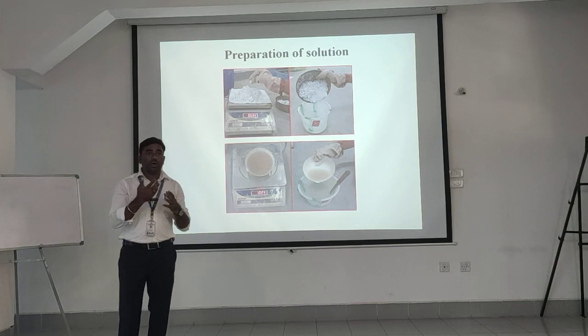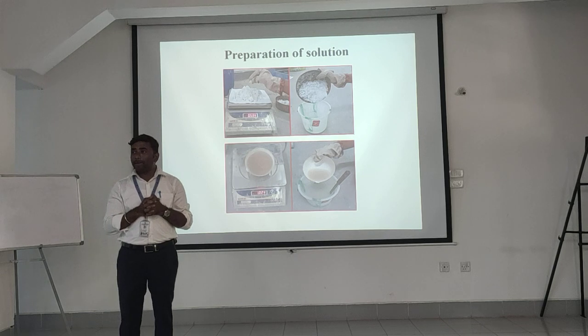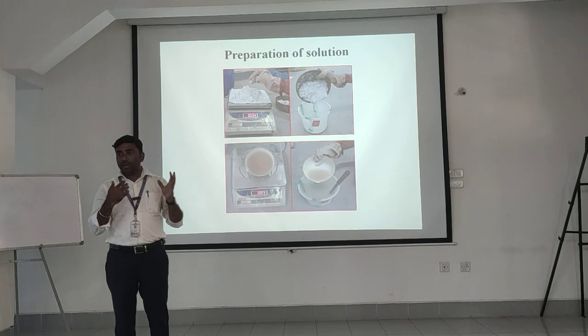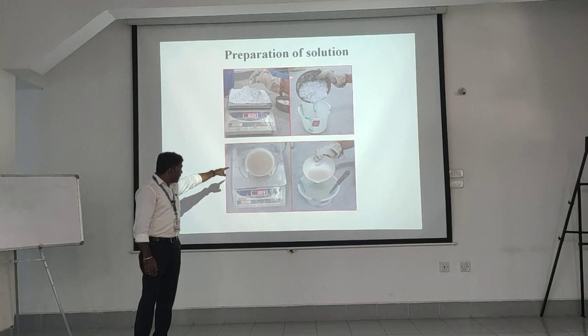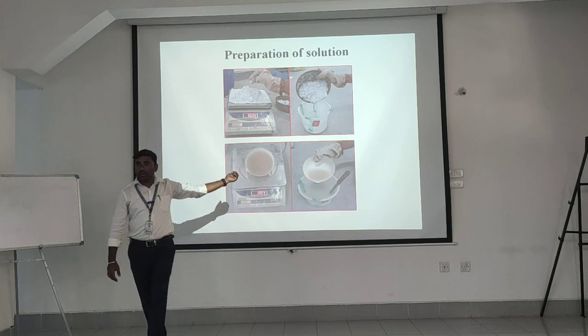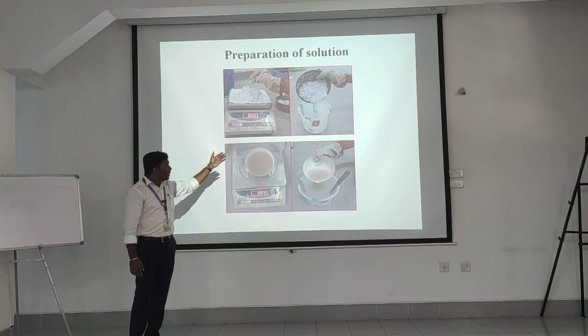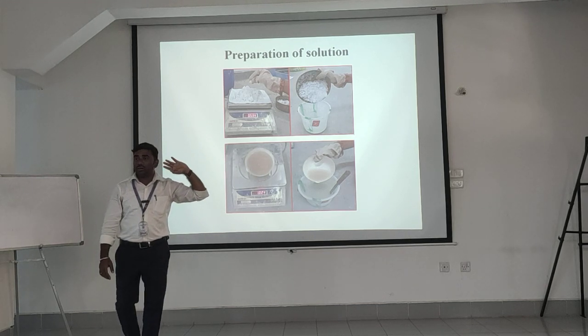Similarly, if I want to convert that to 10 molar, how much NaOH are you going to take? 40 into 10, how much is it? 400. So 400 grams of NaOH pellets in 1 liter of water will produce 10 molar. Like that, we have to convert that to solution, 8 molar, 10 molar. So the third figure here is sodium silicate, Na2SiO3, that is available in liquid form. Then we have to mix these two so that we will get the NaOH alkaline solution.